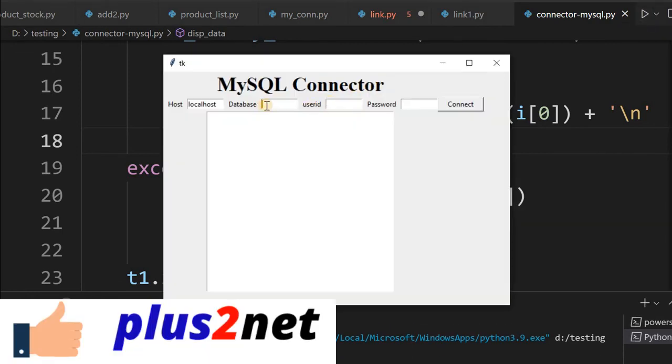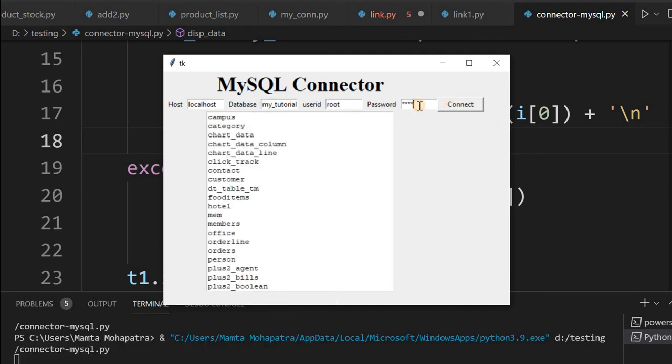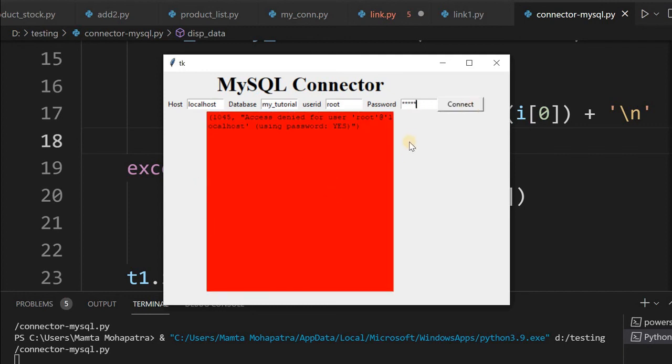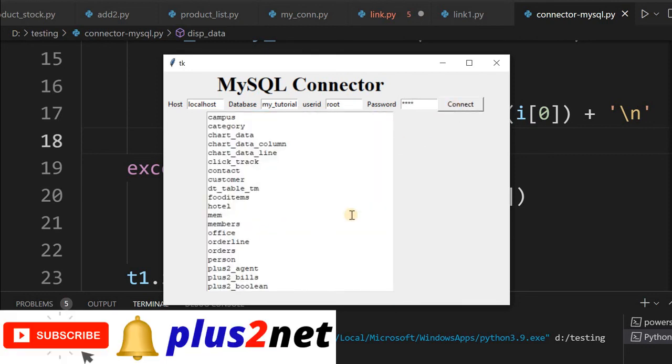Now again let me go to my window. I am entering the correct one without any mistake, so I am getting the output. Now let me slightly change my password. If I connect, it gives me red. Now if I remove it and use the correct one, then again, because of that config background white, I am reverting and displaying it here.